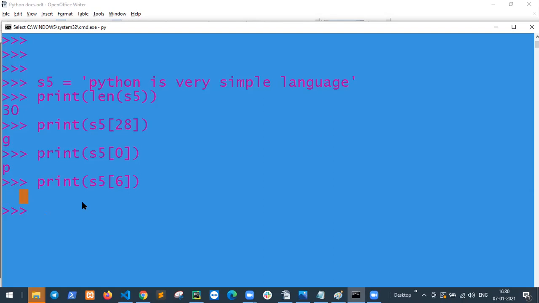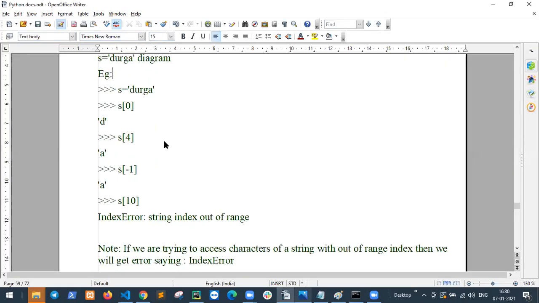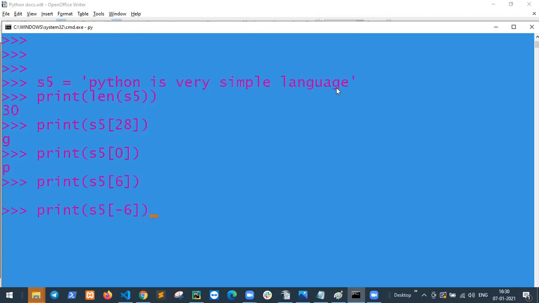Count includes spaces. Okay. Another example: if I say minus 6, counting 1, 2, 3, 4, 5, 6 from the back, minus 6 is n.